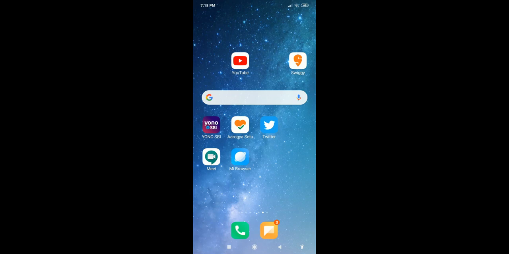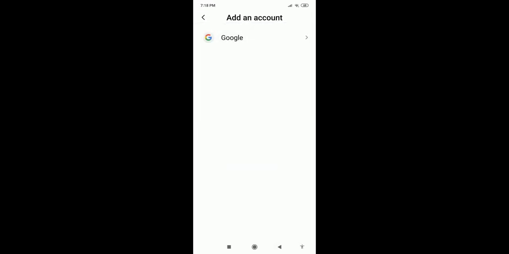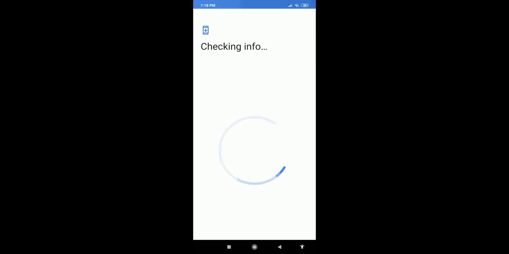Just like Google Classroom, Google Meet app can be synced with G Suite credentials of institution. Here again, click at the top three bars in the Google Meet and then click the Add Another Account button. Here click Google again. After this, provide the credentials